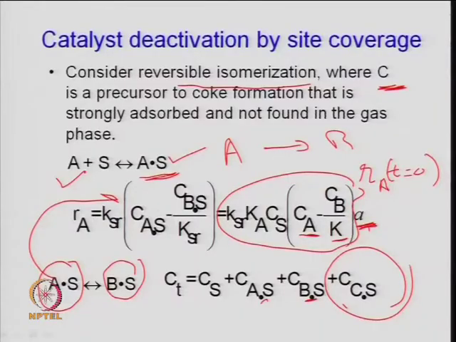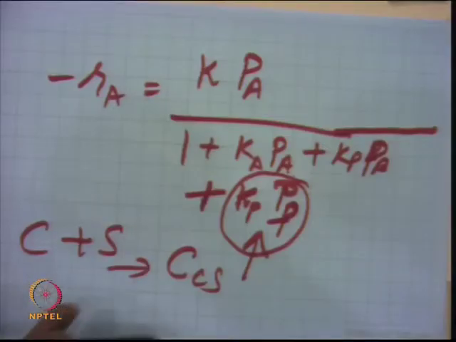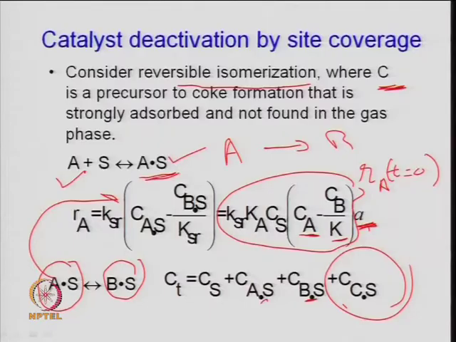So, either you write it in the denominator and determine the concentration of this, because this is not very easy to determine, right, the concentration of CCS, right. So, you can write it in terms of the concentration of the feedstock, right. So, partial pressure of the feedstock and some fraction of that, or one can write the activity term and then calculate rate because of this concentration of the poison precursor and how much is decreased. So, minus dA by dt can be calculated and then the activity function can be substituted.